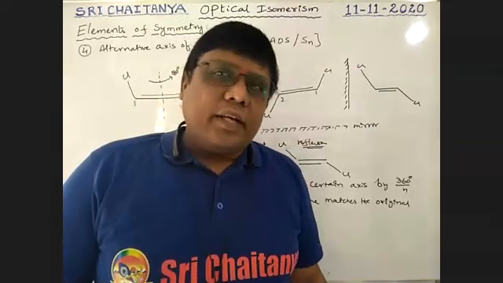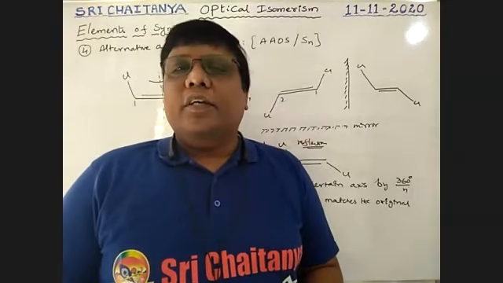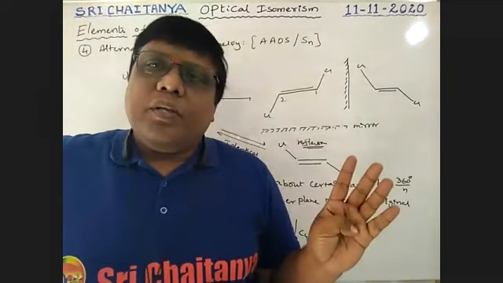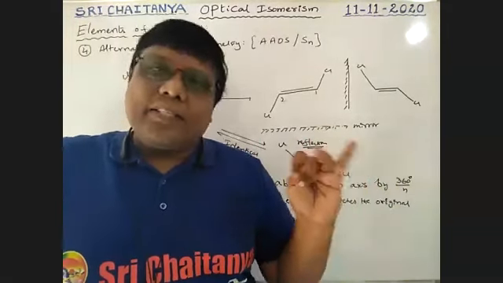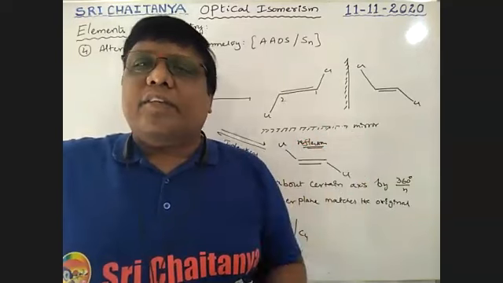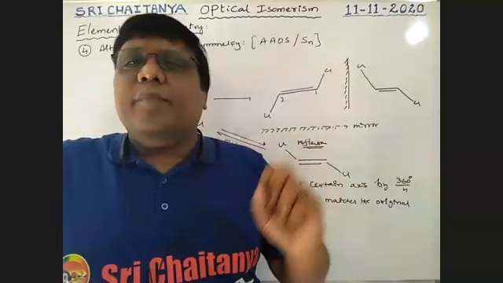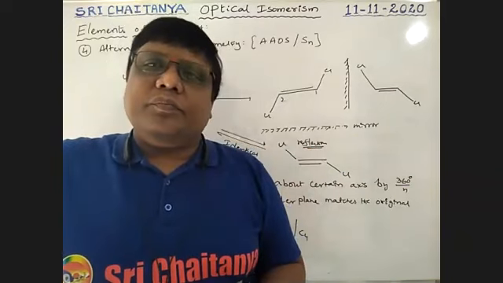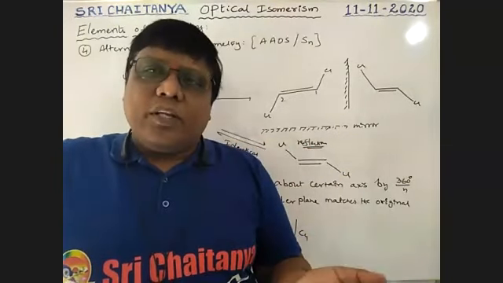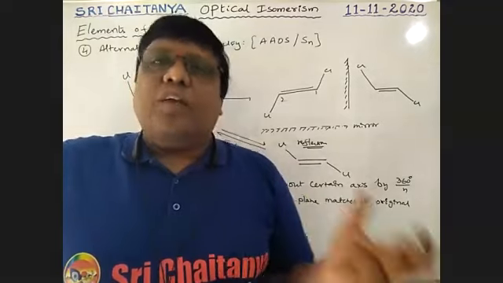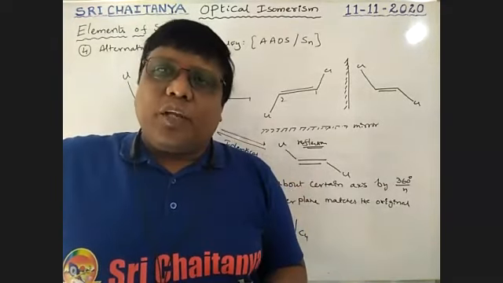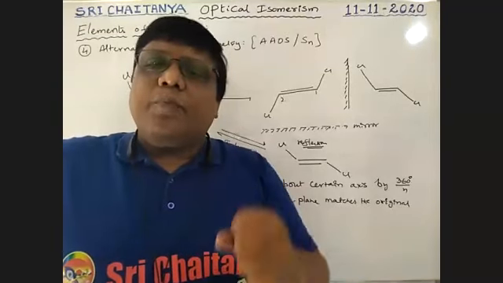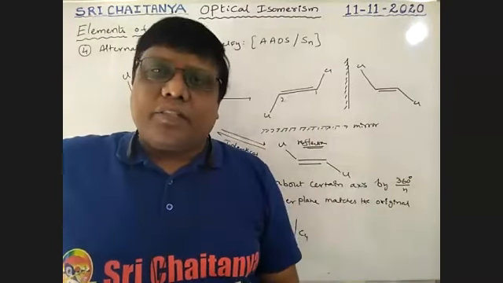So these are symmetry elements, boys. First one, plane of symmetry, center of symmetry, axis of symmetry, alternating axis of symmetry. All these are very, very important. If a molecule contains none of these, that molecule is considered a chiral molecule. So let us discuss our optical isomerism based on these elements of symmetry.